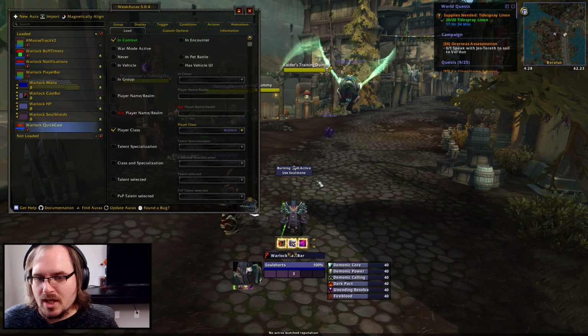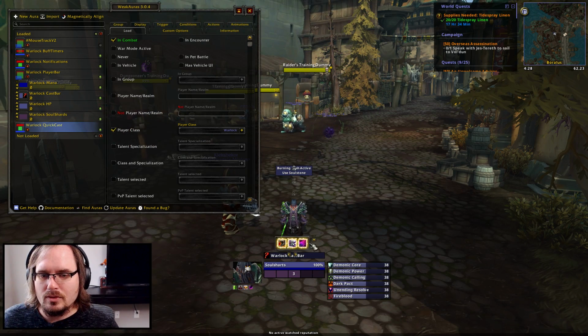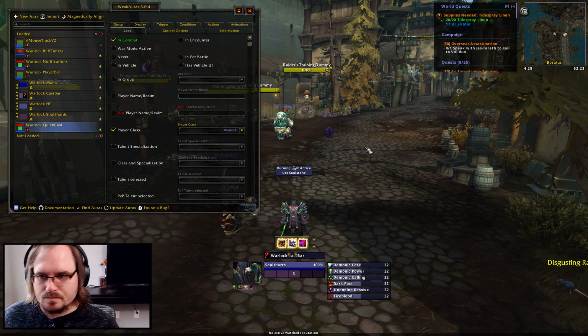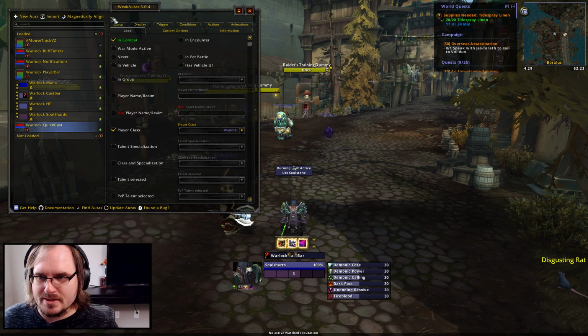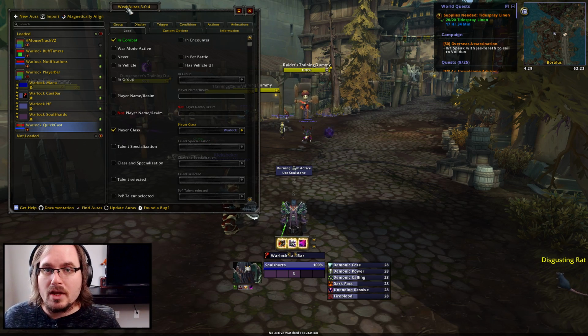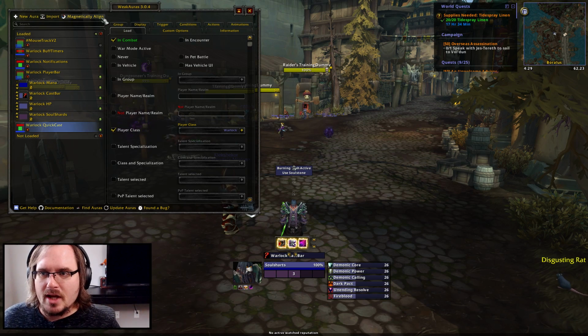So we have notifications. We have the little icons here. We have all my player bar stuff and my player buffs. Before we get into these, I want to run through the menu with you. Up at the top, we've got 3